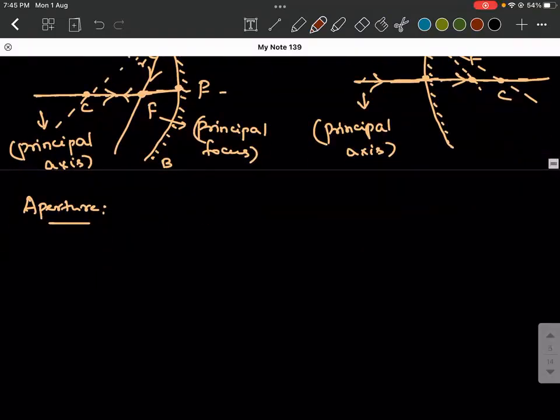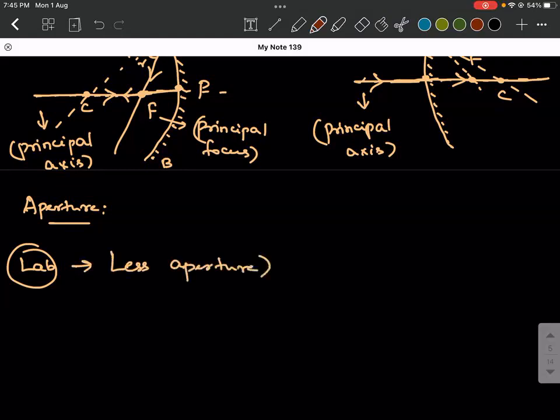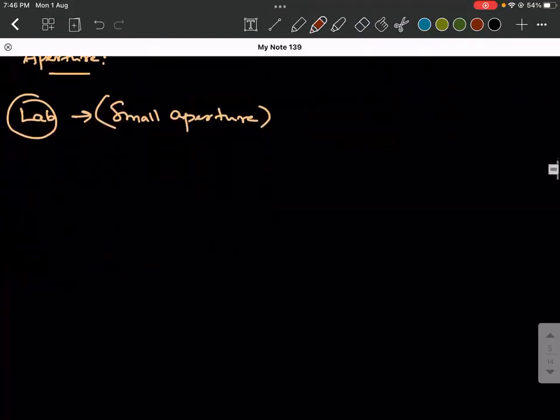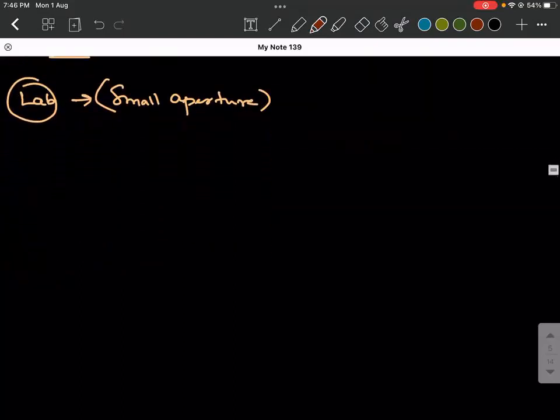So for your lab purpose, the kind of mirrors that we use are mirrors with less aperture. Okay, or no, I'll not say less, I'll say mirrors with a small aperture. Is it clear? So now let's think of the formula called